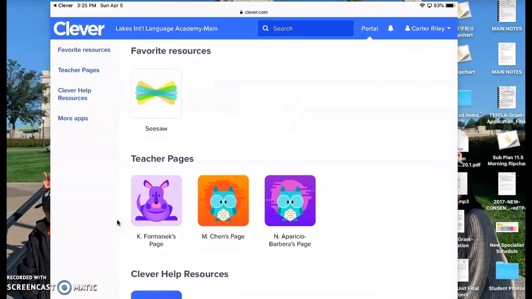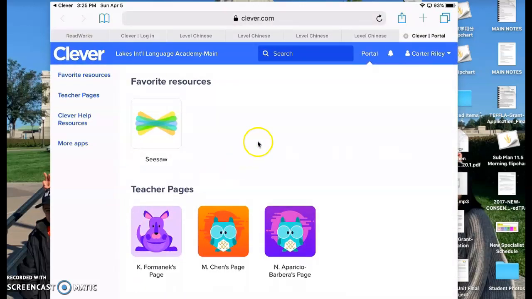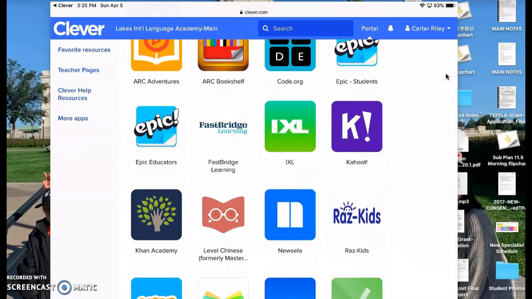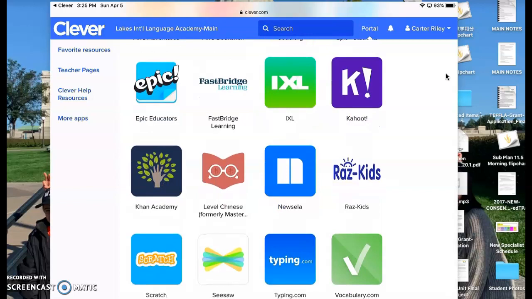All right, so now you can see that you're in, and then your name should be on the top right. Okay, so this is Clever. And if you scroll down, you will see a bunch of different apps. Okay, and we've used Seesaw